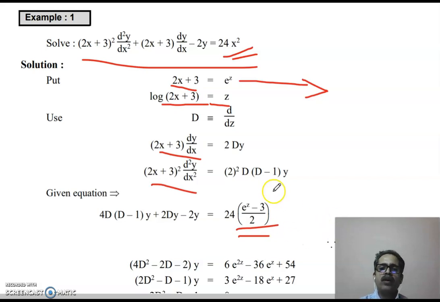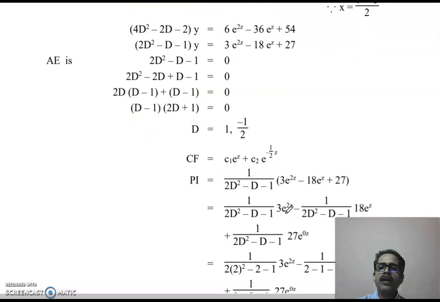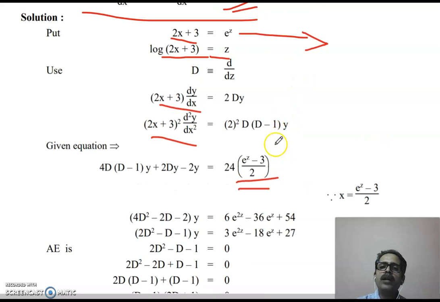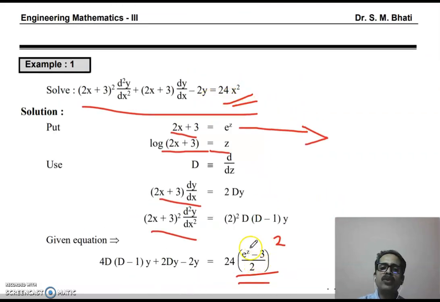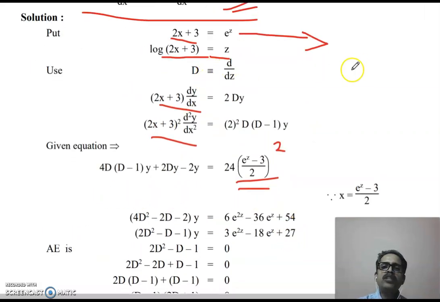Fine. Okay. So I have taken here only, so you change the problem here. You don't think 24x square, you just think 24x. Then only this substitution will be right. But I want to see. Yes, everything is right. Here I forgot to write 2, so you need to take 2 here. Square is there, the x square, 24x square. So this bracket should have a square. Fine. So when you simplify, when you use these equations, fine.